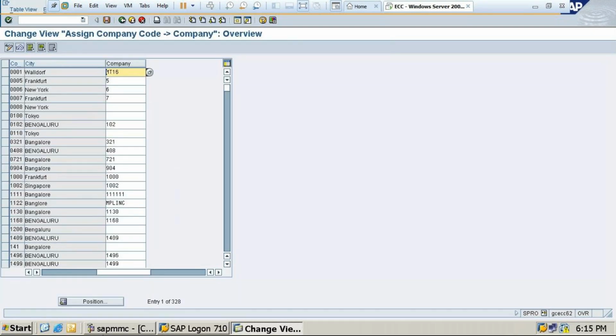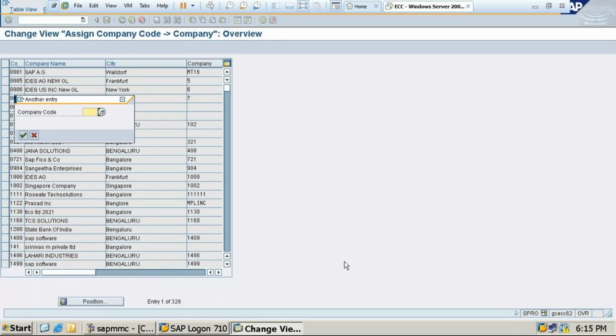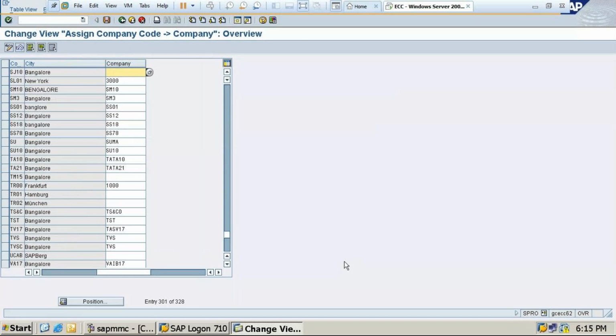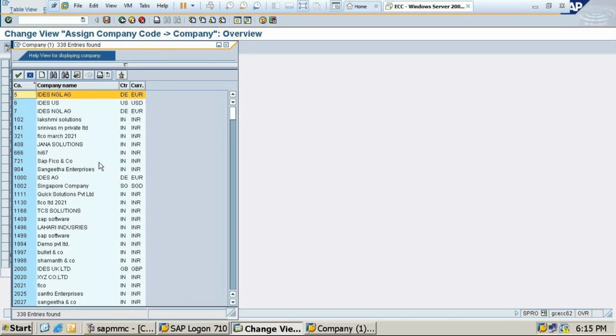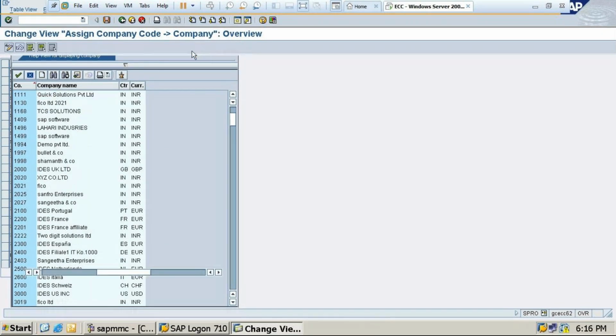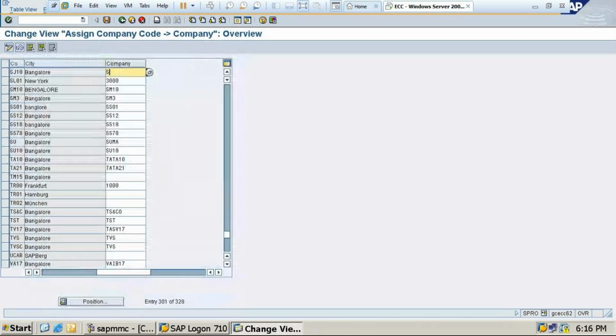So click on position, J, C. So give here, you can select also if you have created. It's already there, so it's not taking. So I'll click here SUJA10.